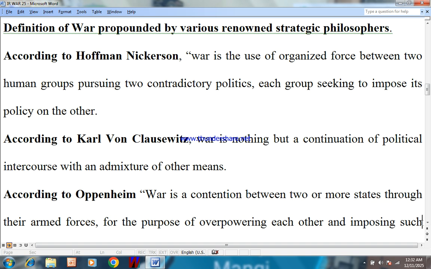definitions of war propounded by various renowned strategic philosophers from time to time. According to Hoffman Nickerson, war is the use of organized force between two human groups pursuing two contradictory policies or politics, each group seeking to impose its policy on the other. According to